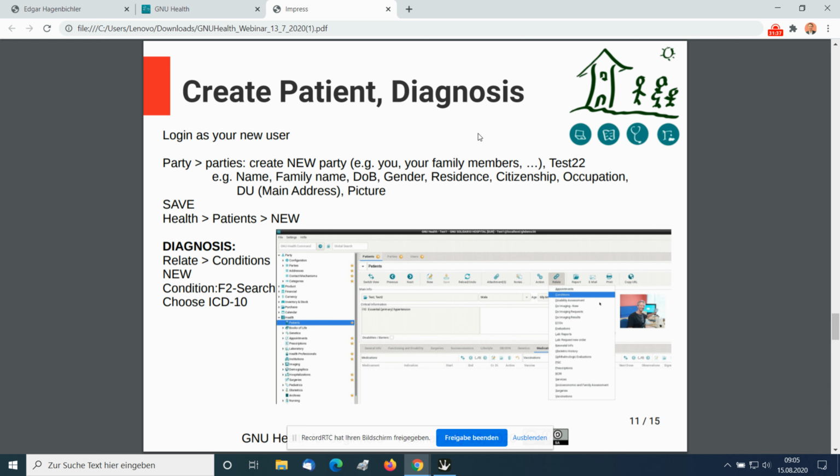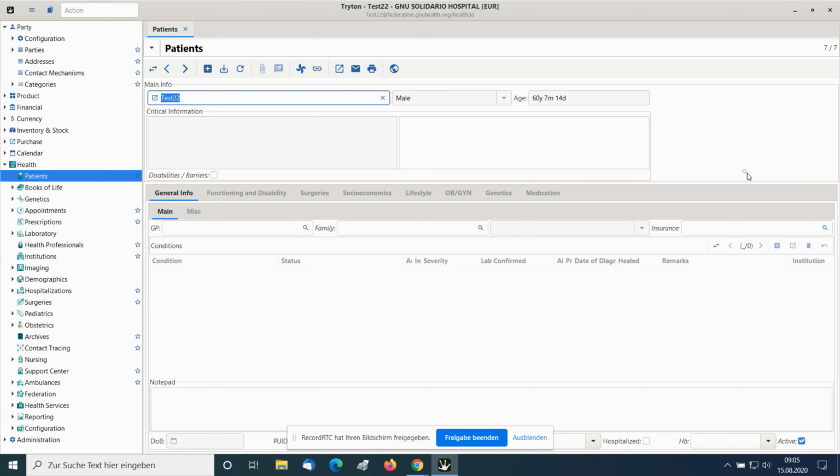So we said we want to create the patient. We did this now. And we will make a diagnosis. We will assign a diagnosis, and diagnoses in GNU Health are conditions. Of course, you could also put a picture to the patient. And now, if you want to